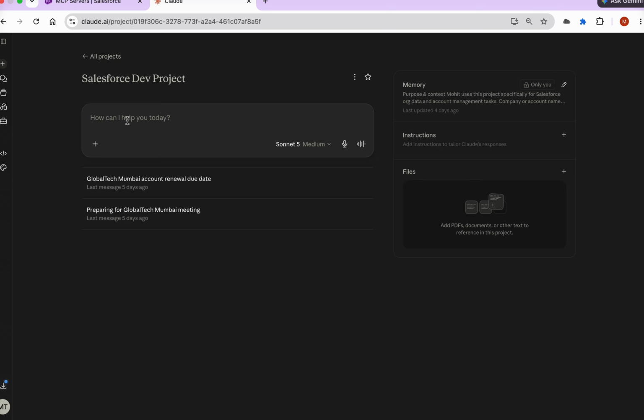Now we have different types of user. We need to understand that this server we have created is for all the users, but the user who is going to query and what response they get in return depends on what profile they have in Salesforce, what user or what data they are allowed to see. So a sales representative might query an account and they might be able to see limited data which is corresponding to their user. They might not need to see all the accounts, they might need to just think about their own accounts. Whereas if a team leader asks the same question, they will get a wider set of accounts, and this goes up on the hierarchy depending on who is